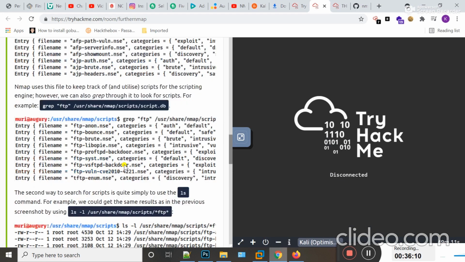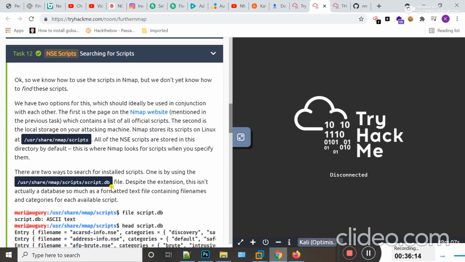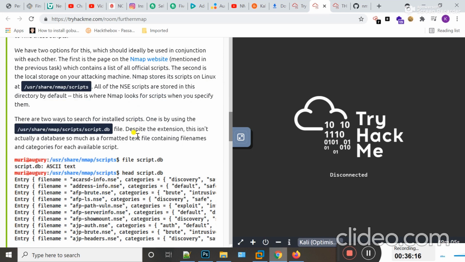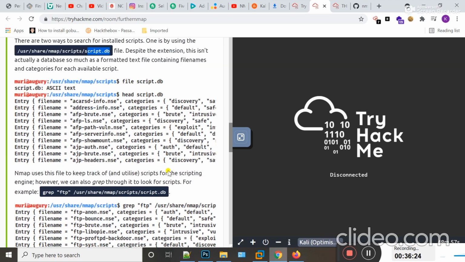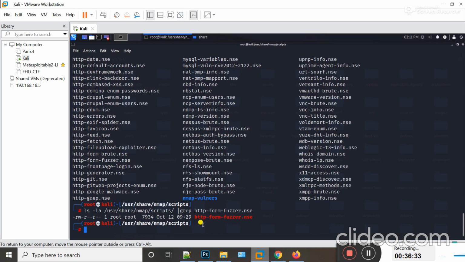Here is a lot of theory. It's quite difficult for me to read all the theory here, but you should read it thoroughly in order to clear your concepts. Here you can see the script.db is used for searching. Okay, you can also use this command in order to find all the scripts related to FTP.